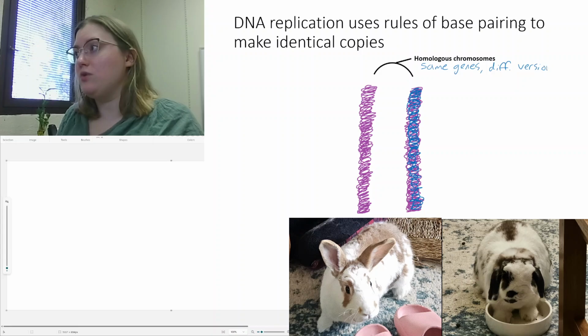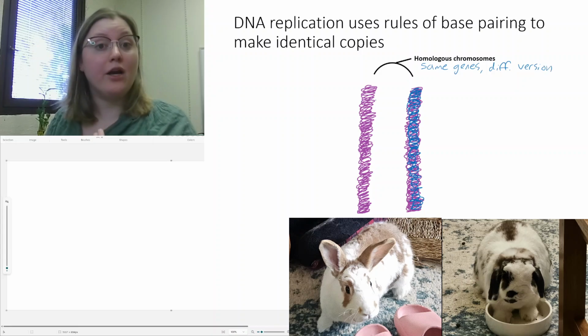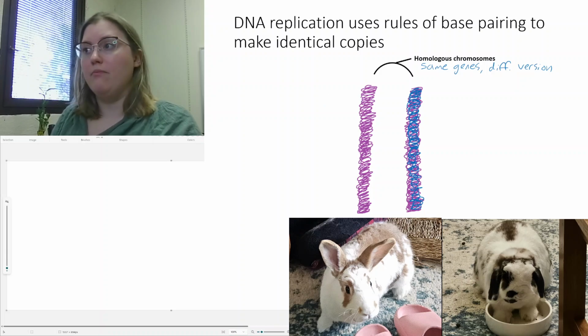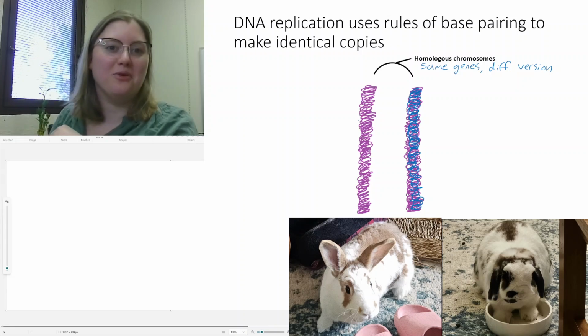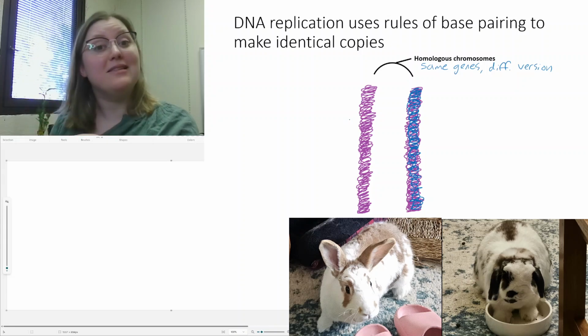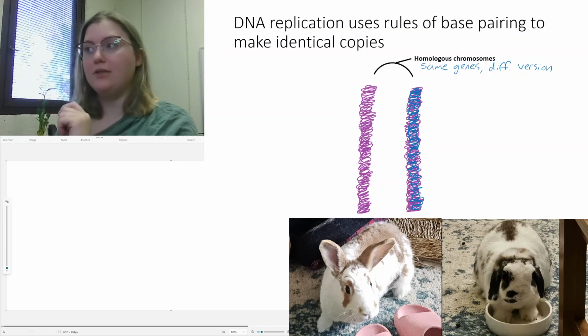Okay, so this would be like if there was a gene for eye color on the chromosome, maybe our purple chromosome is for blue eyes and our blue chromosome is for brown eyes, right? The same eye color gene, but different versions, okay? So in this example,